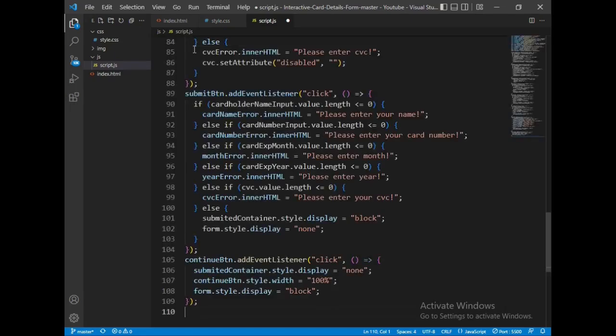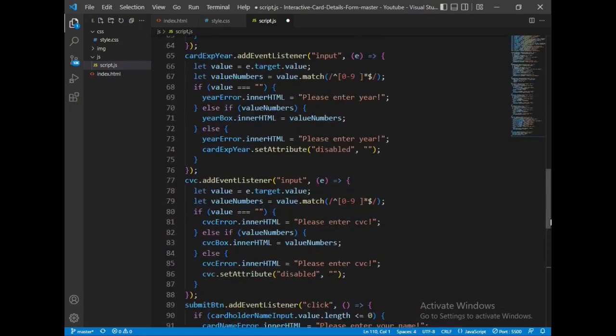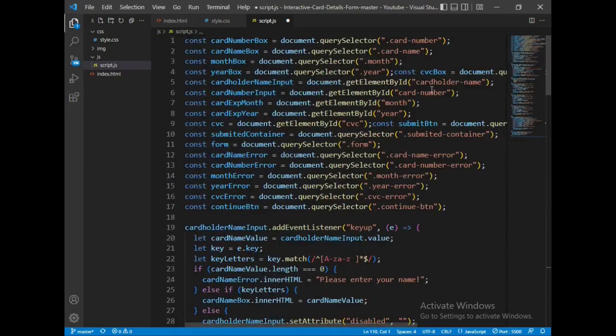Okay, then this is the code. Now let me explain to you what's going on. From line number 1 up to line 17, I'm declaring const variables, so that these ones will collect the details using either the class name or the